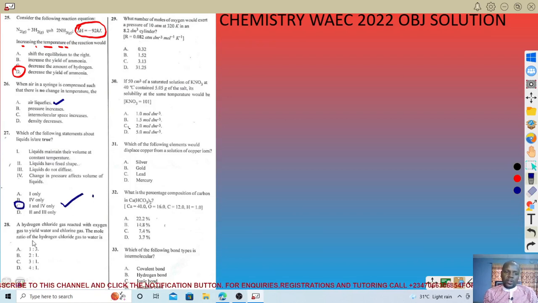That's correct. The next one: hydrogen chloride gas reacts with oxygen to yield water and chlorine. Write the equation and balance. The mole ratio of hydrogen chloride, just write HCl plus, what does it react with? Oxygen